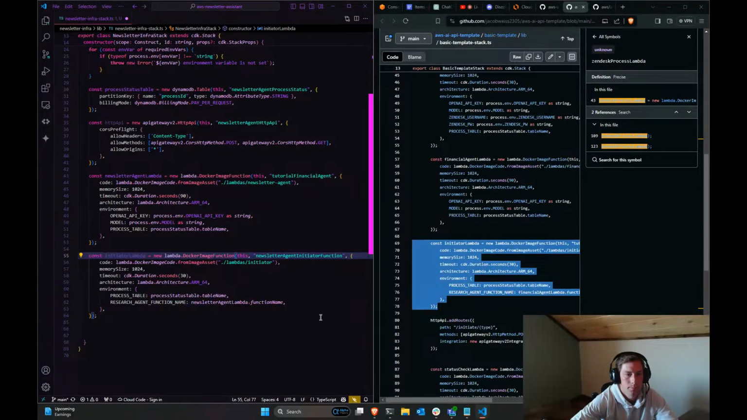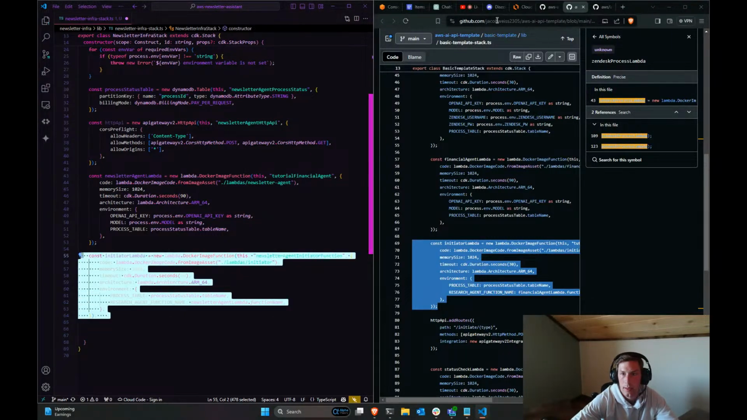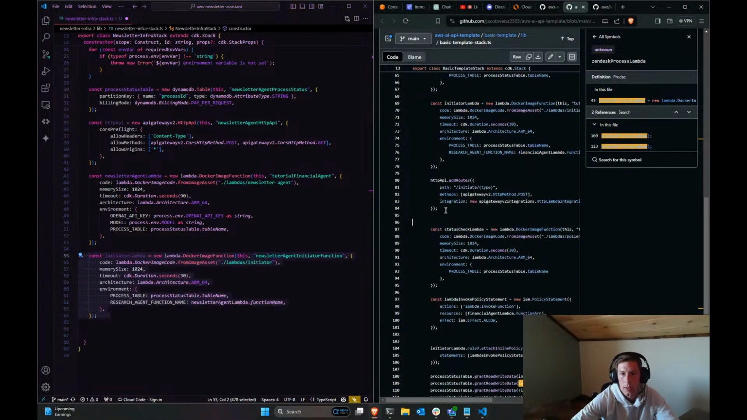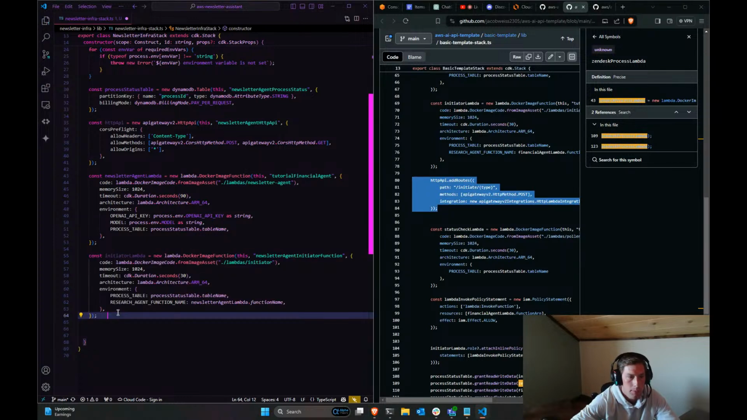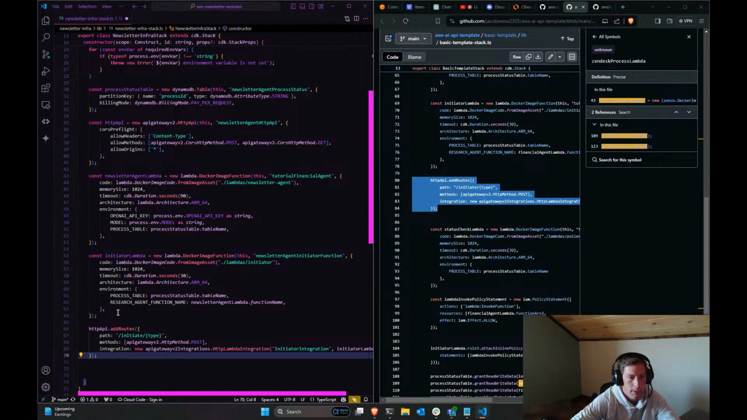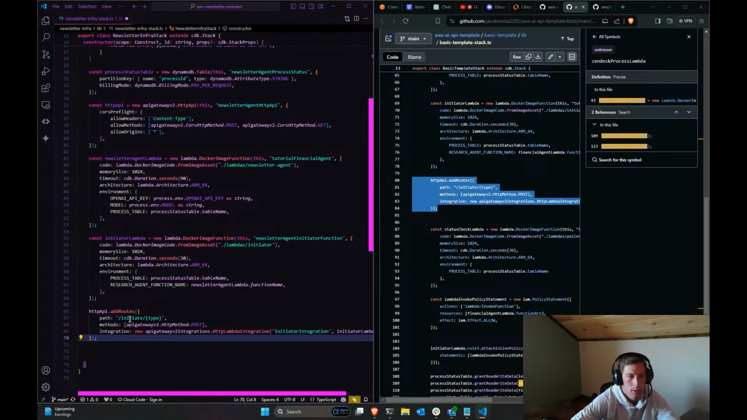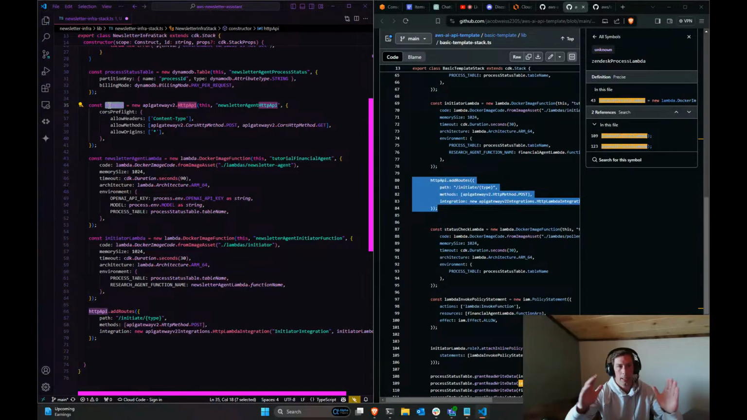Cool. Okay, so now we made the initiator. We're going to give it an HTTP route, and I'm going to explain this now. We built an API route. This API route is the parent, or what we interact with, and then it's actually going to have